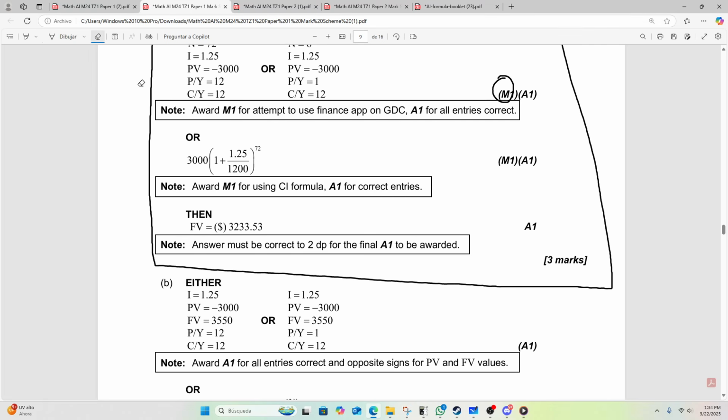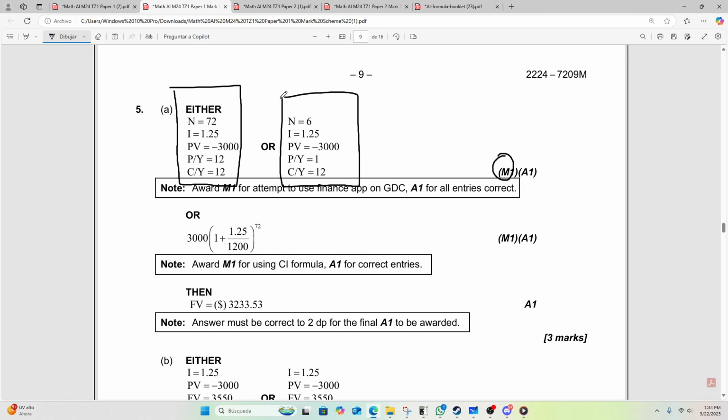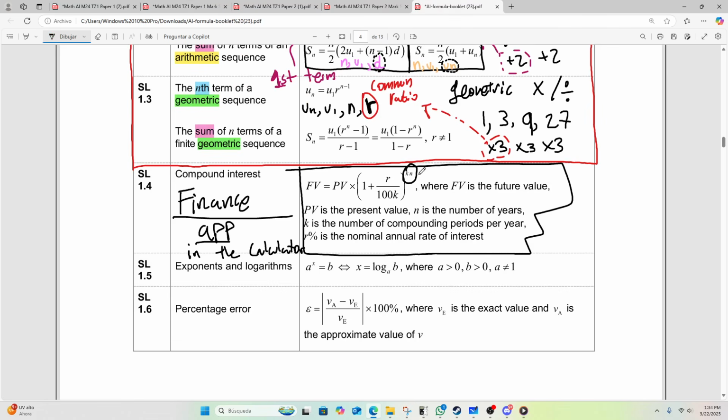But still, what is the main thing I was trying to tell you initially? You have to learn the right approach. Because look, it says you can either do this or that. And once you watch my video, you're going to learn that I suggest this one. The main reason I suggest this one is because the one on the right has different values for PY and CY, and I feel like that's a bit of a hassle to remember. For me, it's easier to remember that this big N is going to be little n times K, which in the context of the formula booklet is this guy here. So that is like your big N.